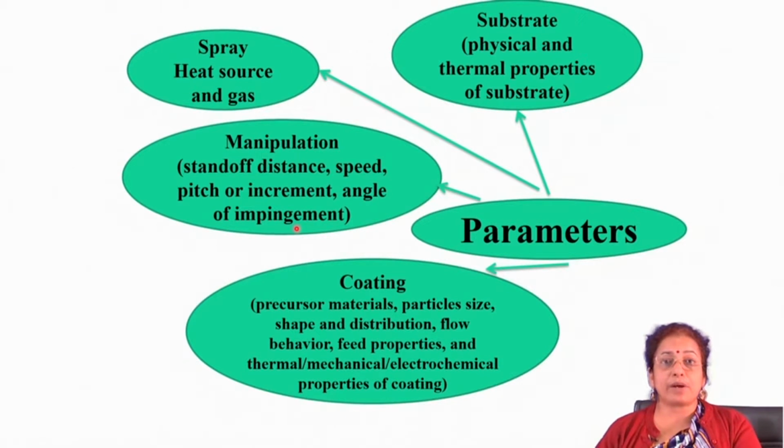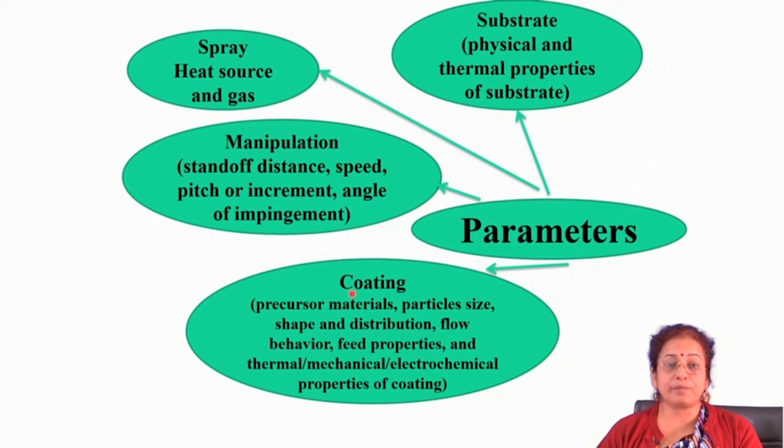Now, coming to the main parameters, you will find that there are 4 main parameters which play an important role. If you talk about the coating parameters, naturally which material are you using for coating, what is the melting point of the material, then particle size of the material, then shape and distribution, its flow behavior, in which form the material is taking, whether it is in the form of powder or it is in the form of wire